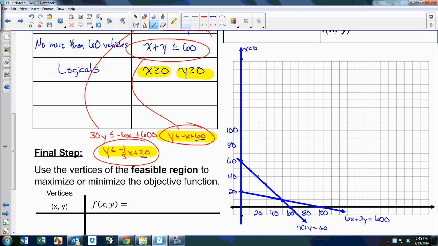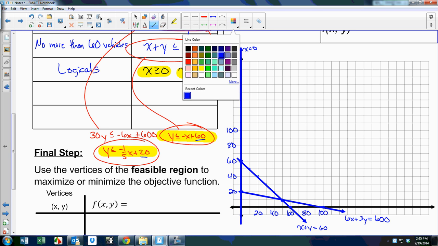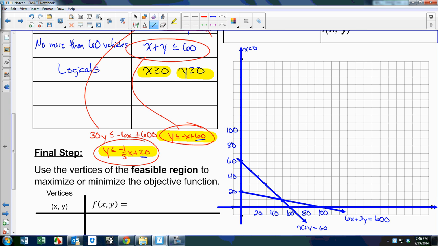So grab our line tool. Y equals 0 is that line. All right, now it's time to shade. X is bigger than 0, y is bigger than 0, puts us in the first quadrant. The other two lines, the diagonal lines, the ones that have a slope of -1 and -1/5, both say less than or equal to. So if you're shading below both of those lines, you end up in this area,